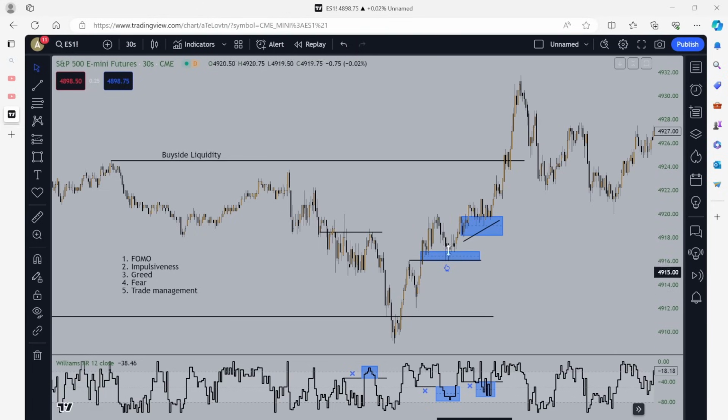Right, so we know here, if we're going long in here, this is the setup that I would have taken. If price comes down here, and we get Williams %R characteristics, and I'm expecting price to move higher, if we begin to not respect this fair value gap in this order block, and we trade below here, we don't get the delivery that we're expecting.